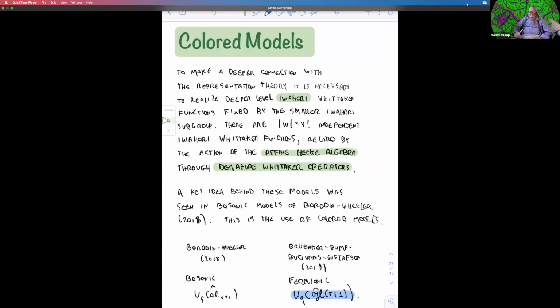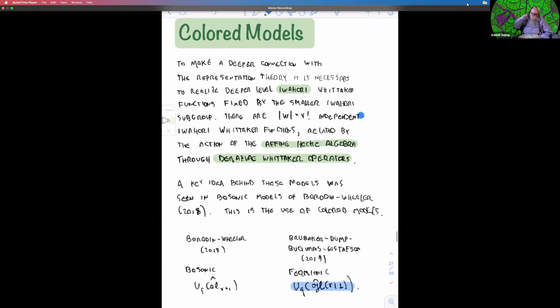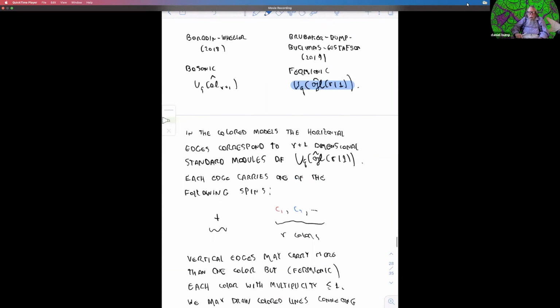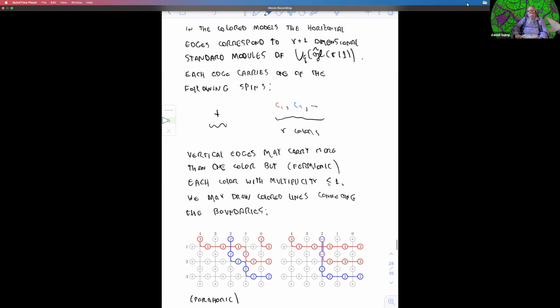So we're going to consider lattice models that are related to these. These are going to represent Whittaker functions that are invariant under the Iwahori subgroup. There are now going to be r factorial of them, r factorial being the order of the Weyl group. They can be related to each other by certain recursion relations. There's one that's simple, and then others are obtained from that by applying some operators, which are called Demazure-Whittaker operators. I write those down in a later slide, which I think I'll be able to get to.